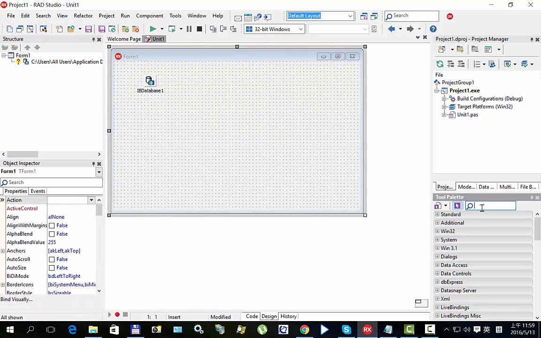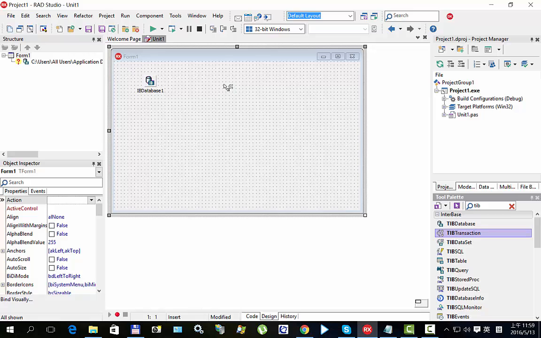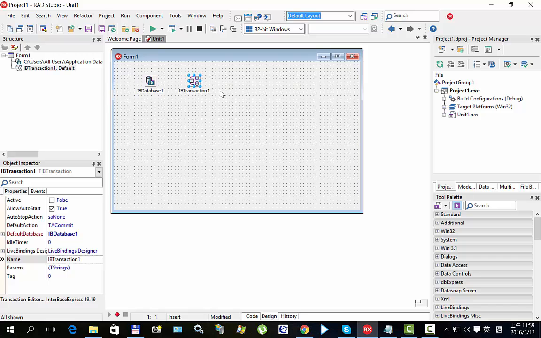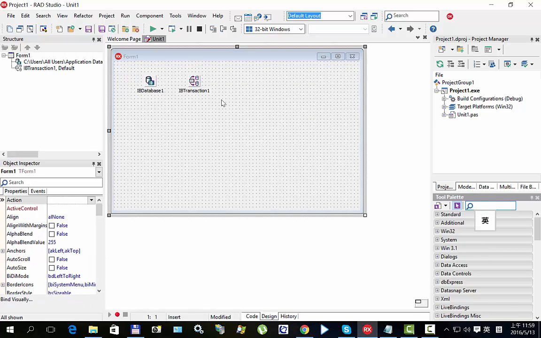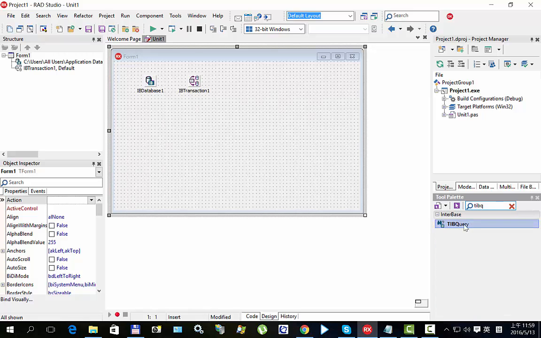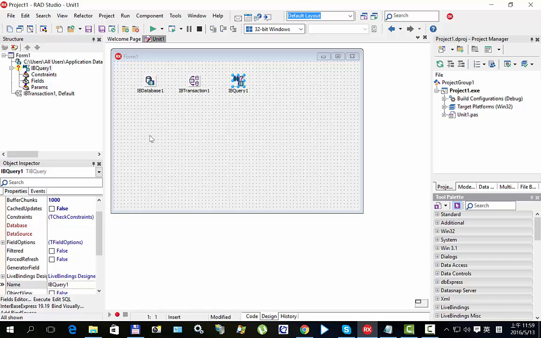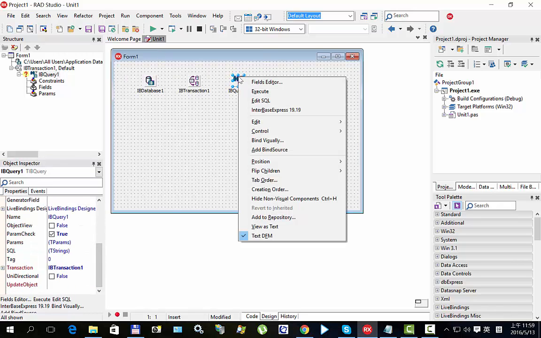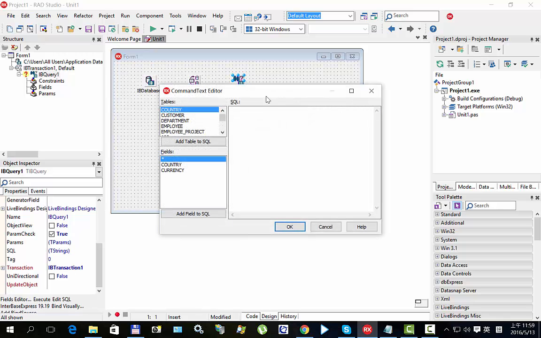component editor. Then we can add in a transaction component, so that we can link this component together. And then we want to access the InterBase server's employee table. So we can use a TIBQuery component to run some SQL statement to access the employee data. So we can put in the IBQuery component, then link this component to the IBDatabase component, and then we can also right-click the component,